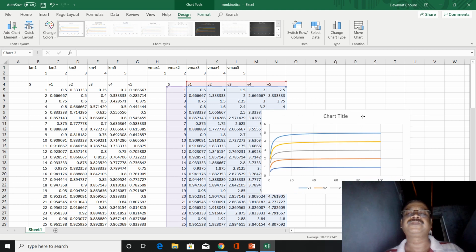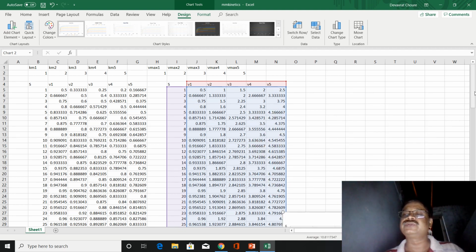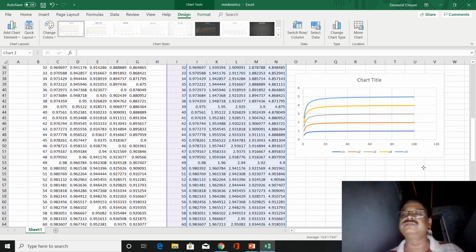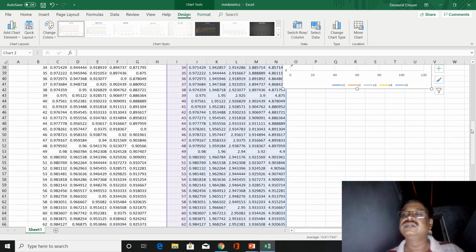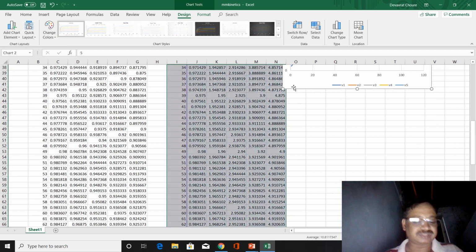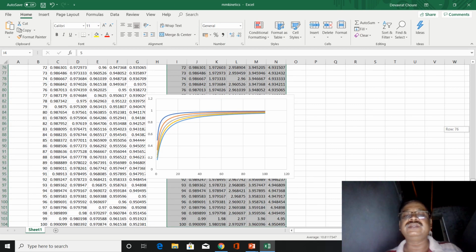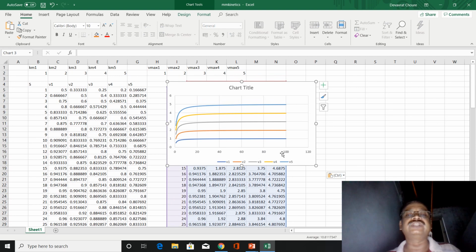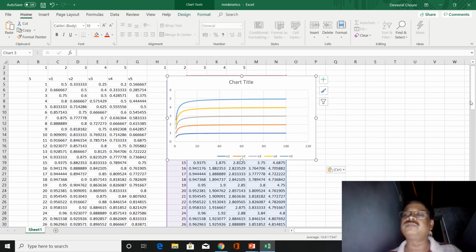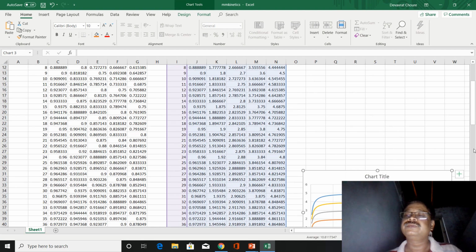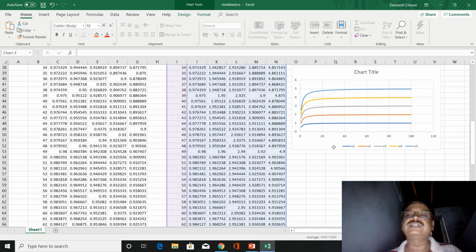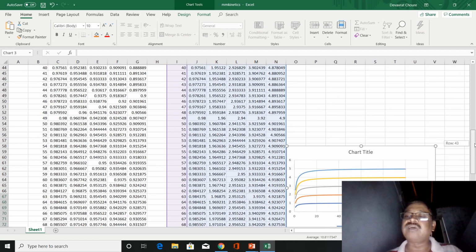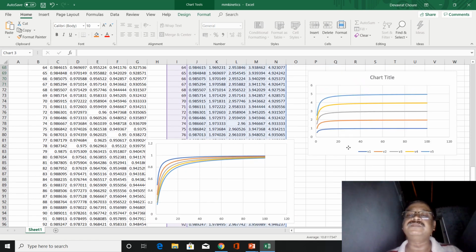Now we will take it to the chart which is there at the bottom, because I was working at the bottom, and in Excel it becomes difficult to move the chart. You can copy paste it, but it's going to the top. And in Excel you don't have the plot animation facility.